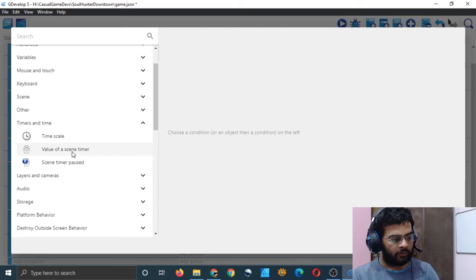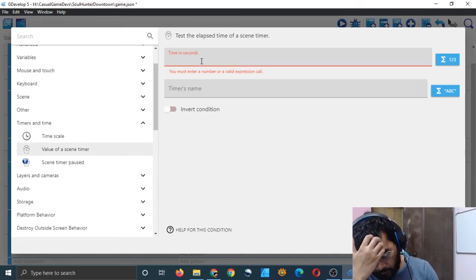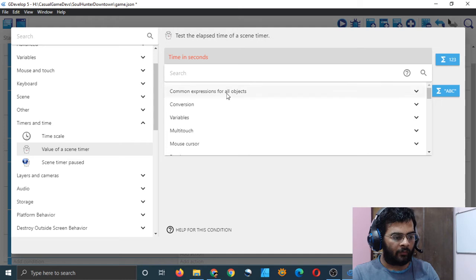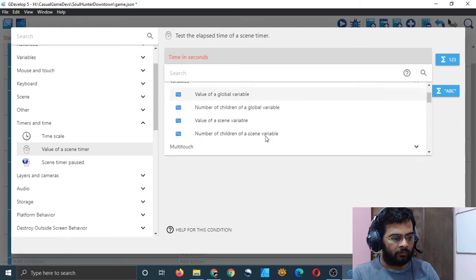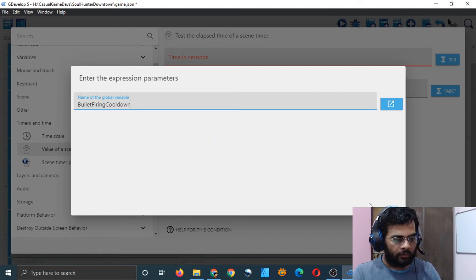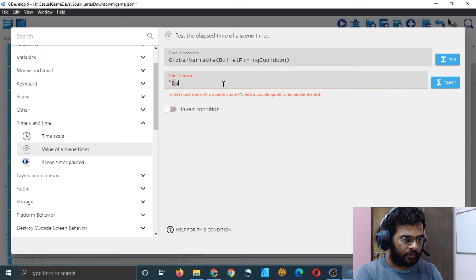Value of a scene timer. Now this time I want it to be a global variable, which is my cooldown. So variables, value of a global variable, bullet firing cooldown, and timer name bullet firing timer.